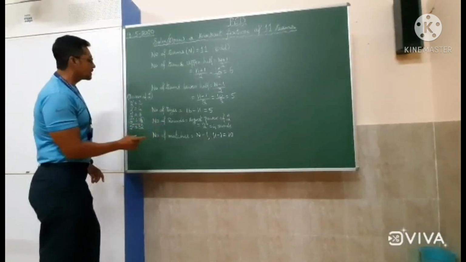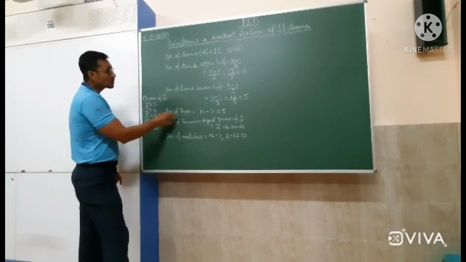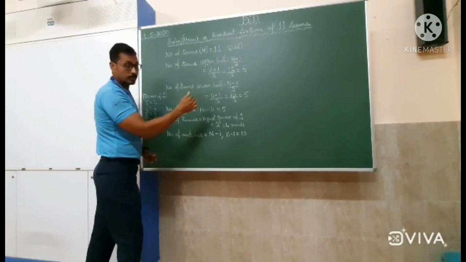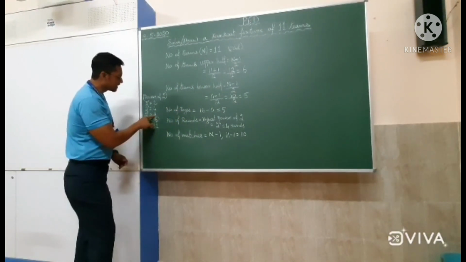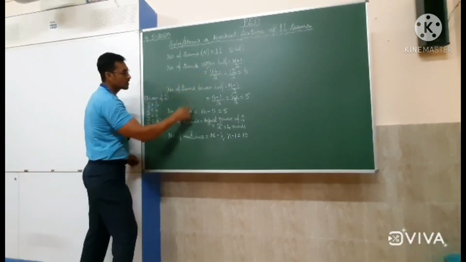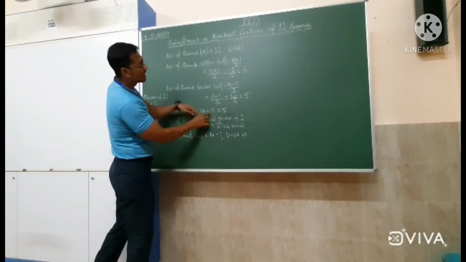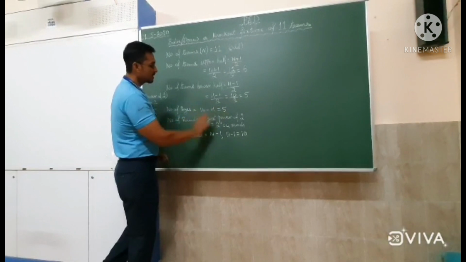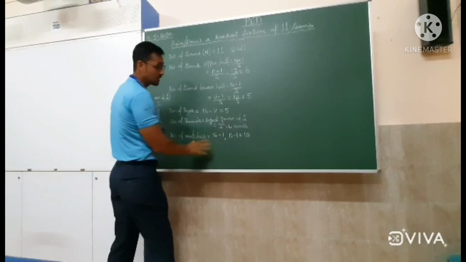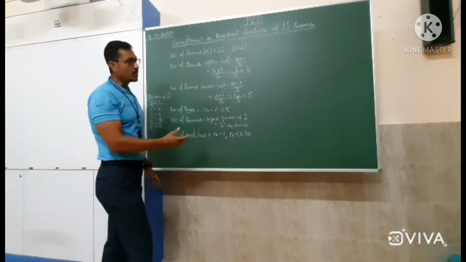Clear? So once again I am going to repeat bye. Number of byes is calculated by the power of 2 which is close to 11, a number of teams close to 11 and a little more than 11, but not less than 11. So 2 to the power of 3, 8, is less. 2 to the power of 4 is a little more than 11. That's why we take 2 to the power of 4, 16. So 16 minus number of teams equals 5. So we have 5 byes. Students, we solved this for 11 teams. This is the solution. This can be written by pen. Clear? Now the next part, we make the picture.